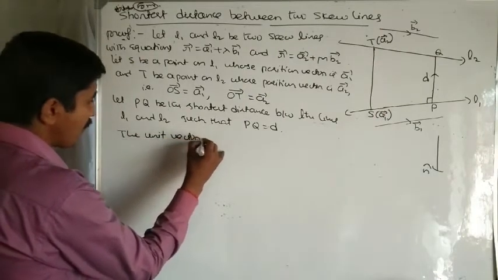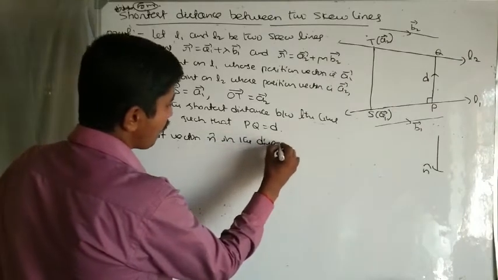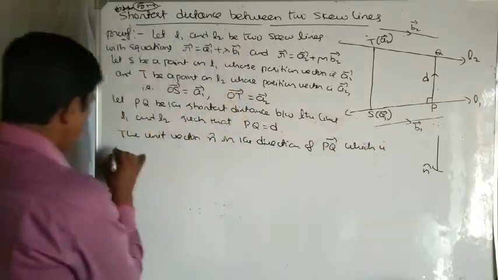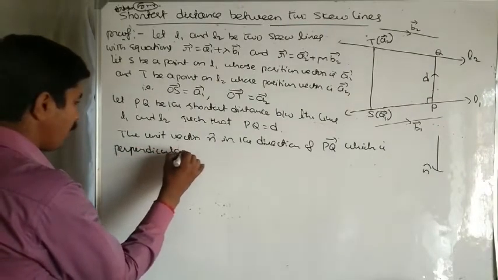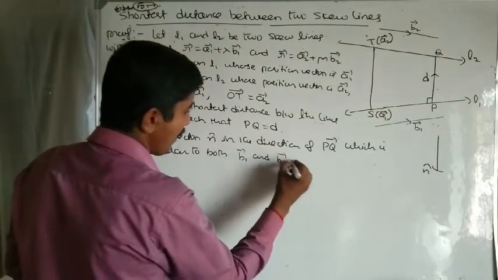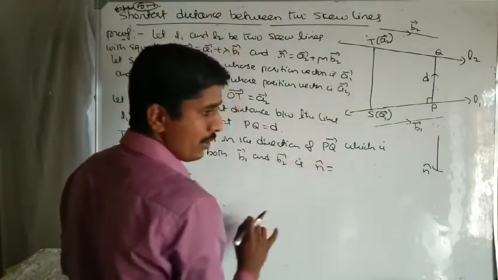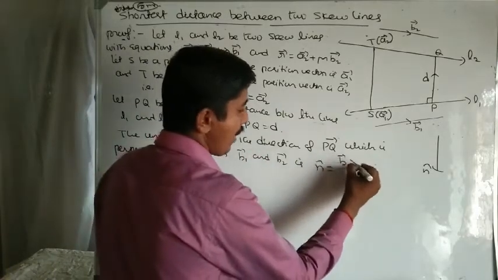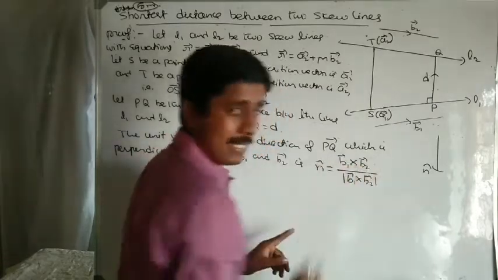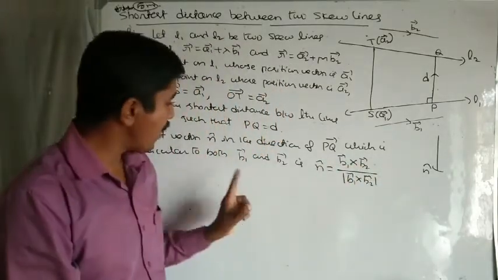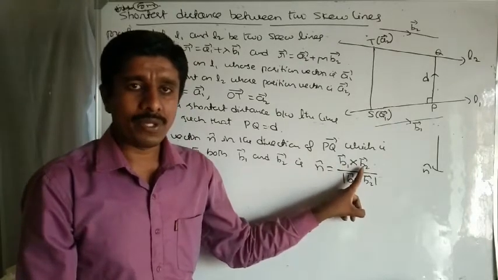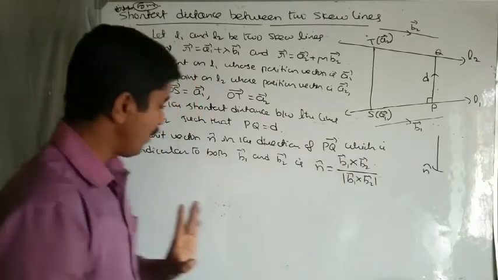The unit vector n cap in the direction of vector PQ, which is perpendicular to both vector B1 and vector B2, is given by n cap equal to vector B1 cross vector B2 divided by the magnitude of this numerator, vector B1 cross vector B2. Mind it, this is the formula: n cap, a unit vector perpendicular to vector B1 and vector B2, is given by vector B1 cross vector B2 divided by the magnitude of vector B1 cross vector B2. Then